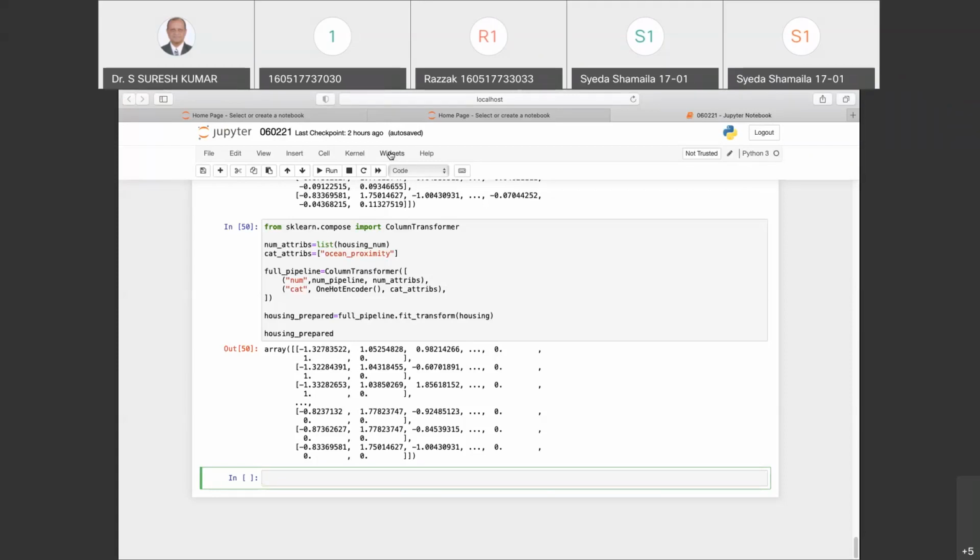So what we did, we found out this housing prepared data using this column transformer. Yes, sir. Sorry, before we proceed, one small silly question. You spoke about this assignment, no? If we don't have the data set, how are we going to do it? We need to form the data set? No, please understand, when you solve a real-time problem, nobody gives you a data set. Nobody. They tell you, assume whichever data set you want.